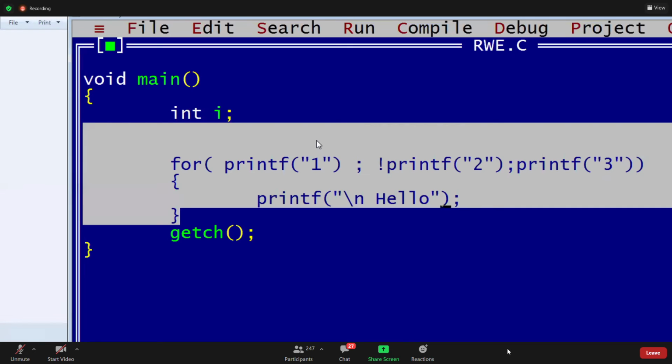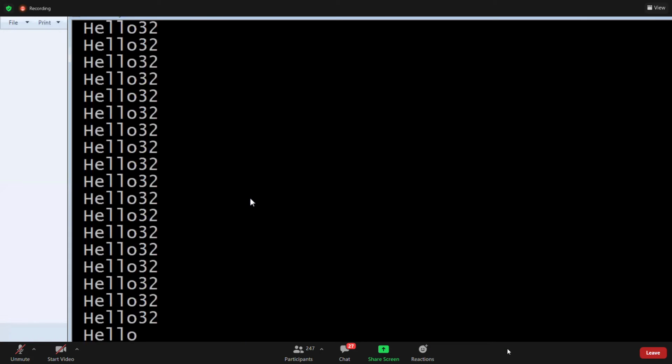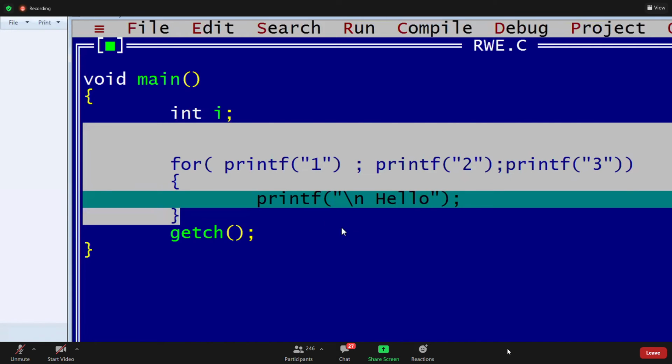For example, if there is no not, it is always true, and it will be printed infinite times. Okay, because it's true, right? Now the answer is, it prints 1, 2, right? See this, hello 1, 2 something will be printed. Hello 3, 2, sorry. Because the condition is always true, right? Then hello 3, 2. The output is an infinite loop, guys.